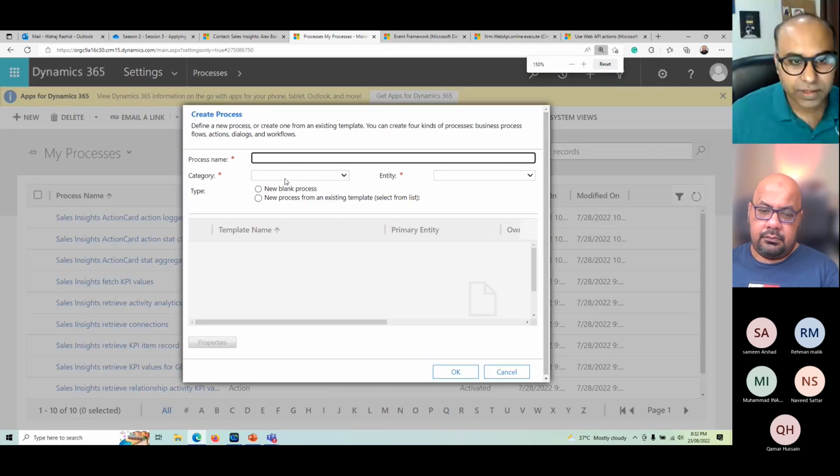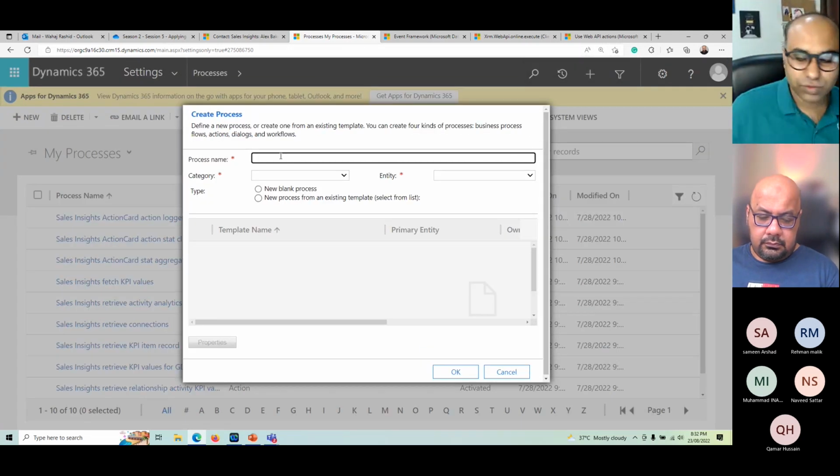I guess it's good, right? Okay, so I'll give it a useful name. This is up to you. You can use any logic. What I used to do is normally write the high level use case that this workflow or process is going to do. So I will say contact is the entity name. For my reference, it's easy. Contact, send welcome